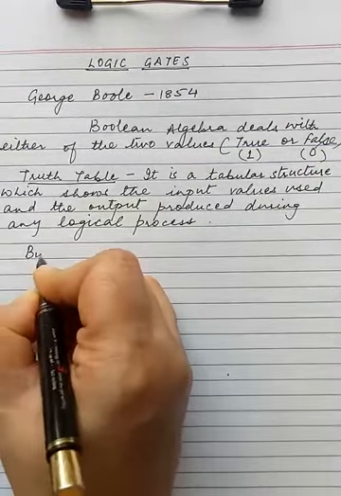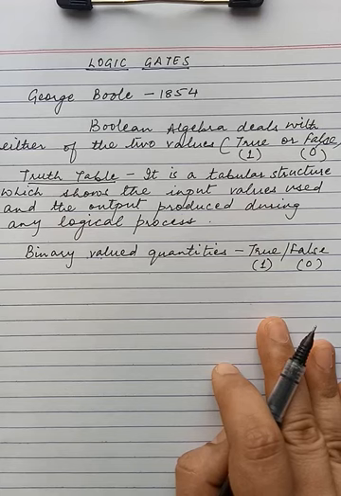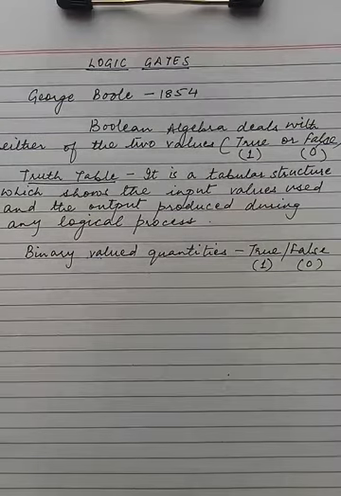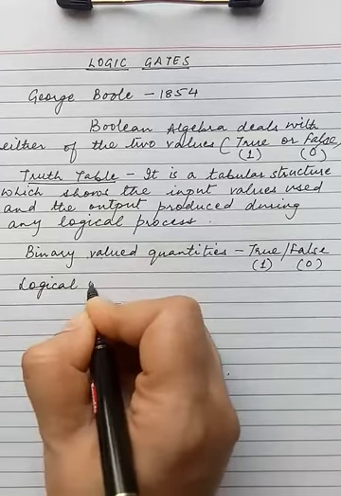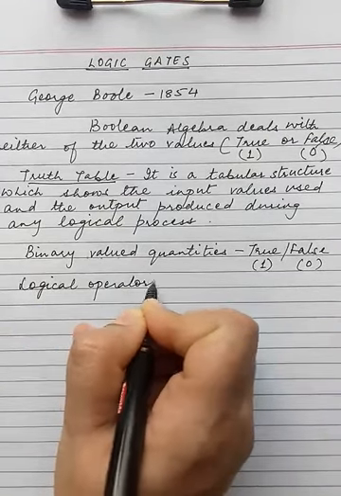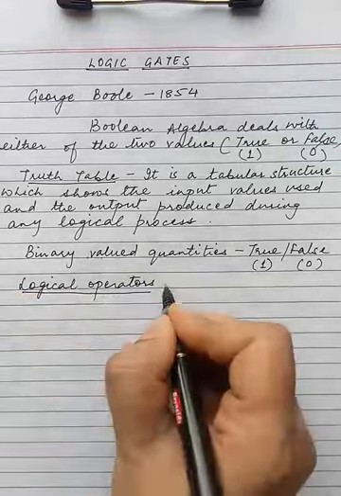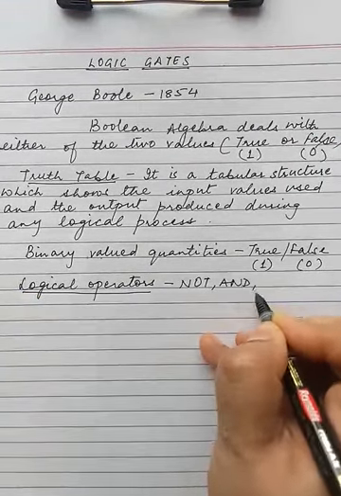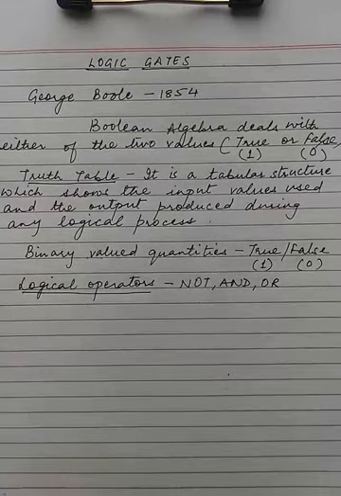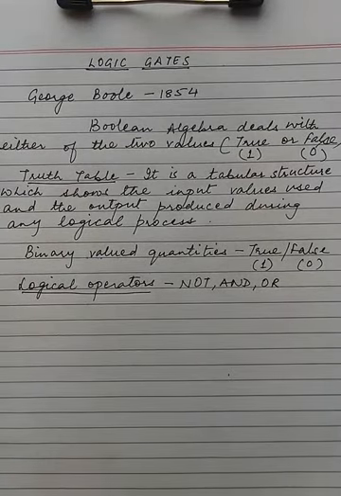In the previous video we had discussed propositions. Here we are dealing with Boolean variables. So we have converted the proposition into a variable. A, B, C, all these are known as Boolean variables. Now we come to logical operators. Boolean algebra has only 3 logical operators: not, and, or. These are the 3 logical operators on which Boolean algebra works.